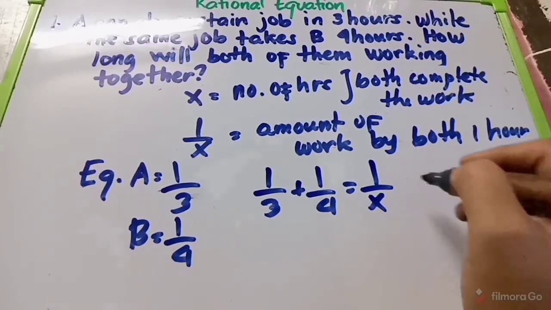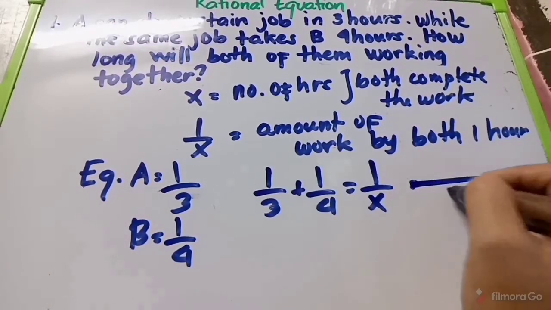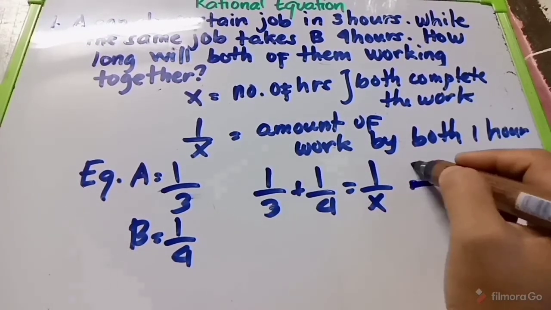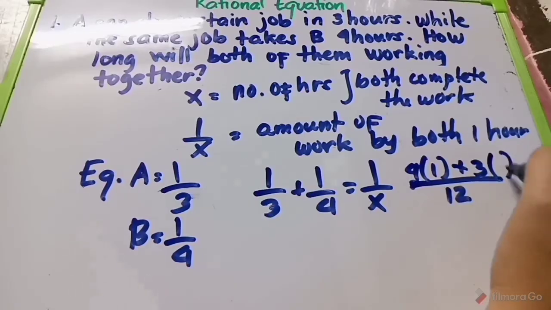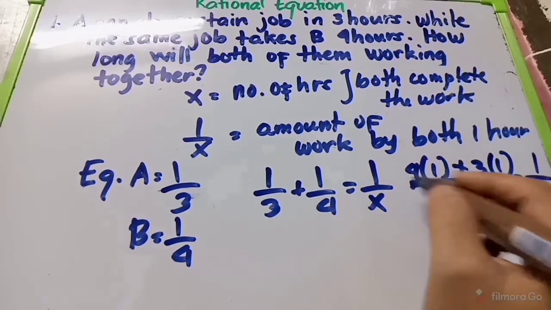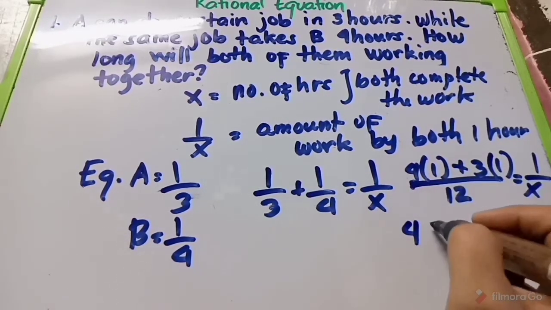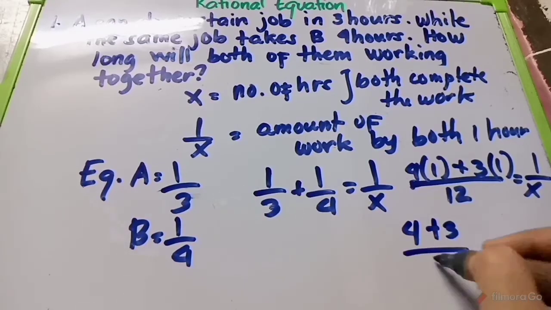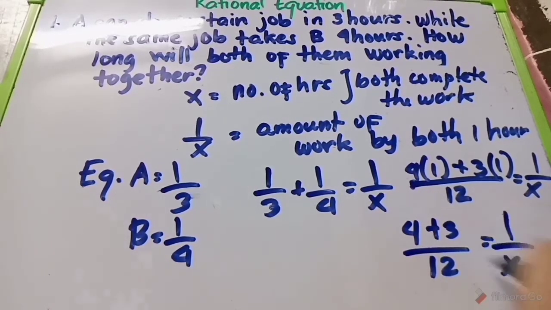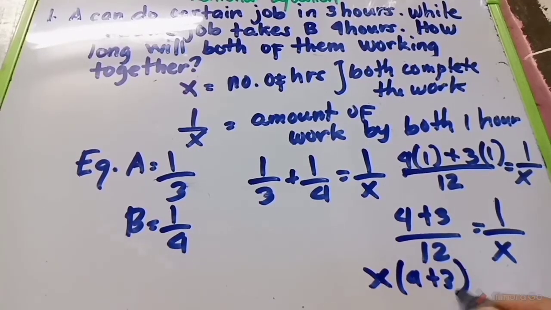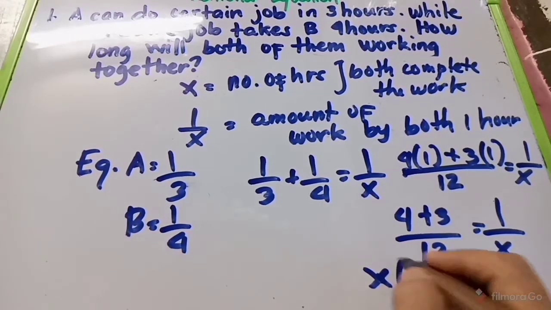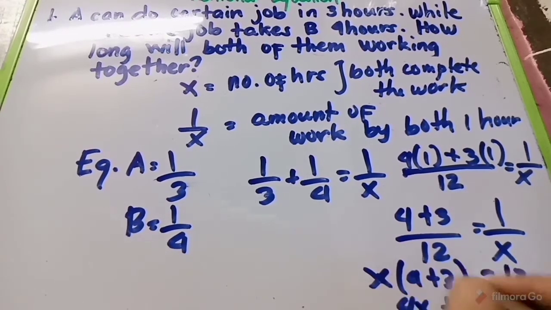So let's get the LCD of 3 and 4, which is 12. 12 divided by 3 is 4 times 1. 12 divided by 4 is 3 times 1, and then 1 over X. So multiply. 4 times 1 will become 4. 3 times 1 will become 3 over 12. So 1 over X. So cross multiply. So this will become X times 4 plus 3. And then cross multiply. This will become 12. So 4X, distribute, this will become 3X. 12. So 7X